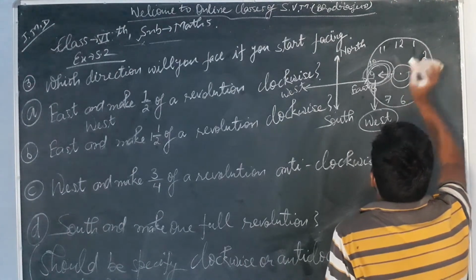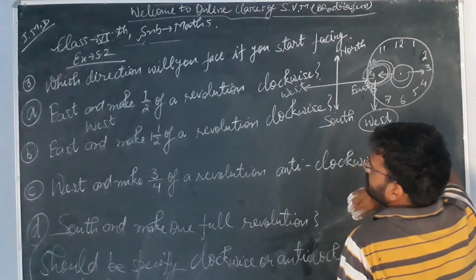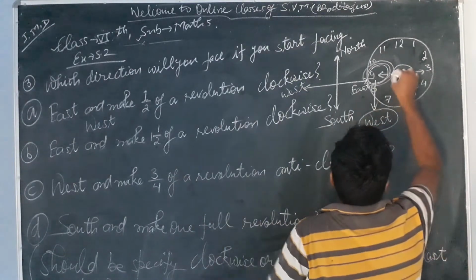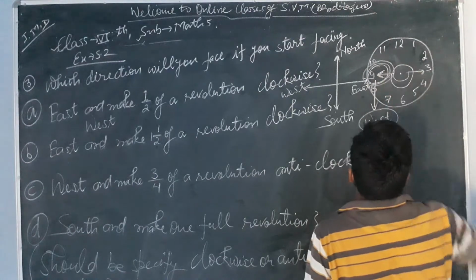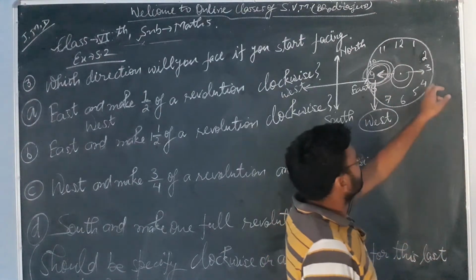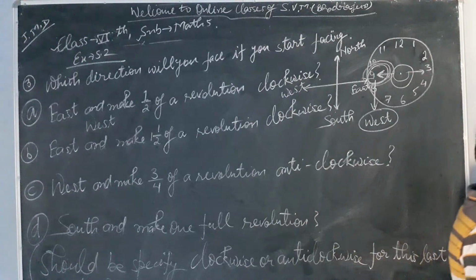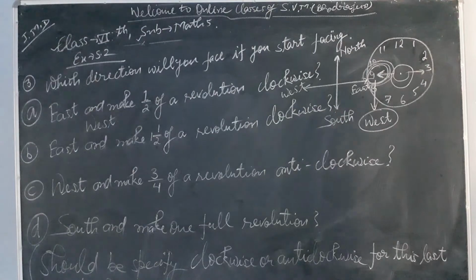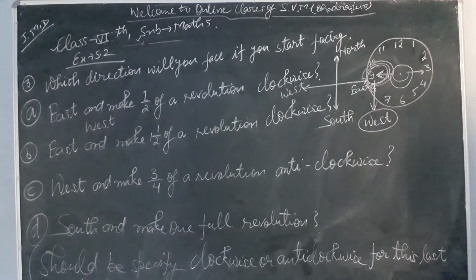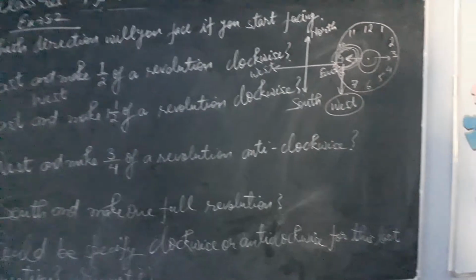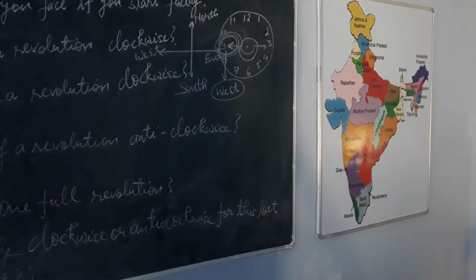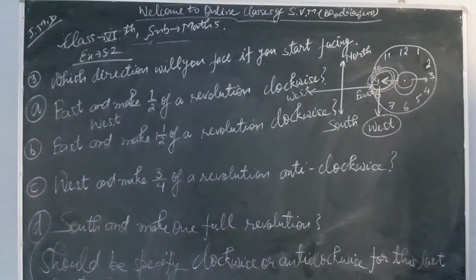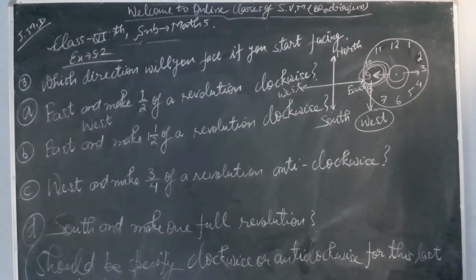This is east, and our answer is west. Yes, this is our east, in this direction we are facing. West Bengal is over here in this part. One map of India is over here, and we can see West Bengal in this part. I hope it is visible to you, on the right hand side or left hand side if we are facing towards the camera.